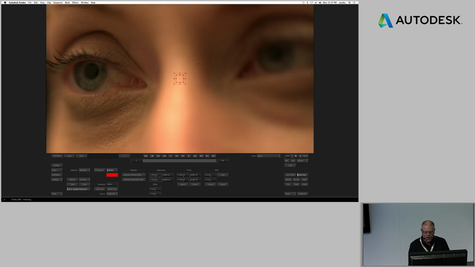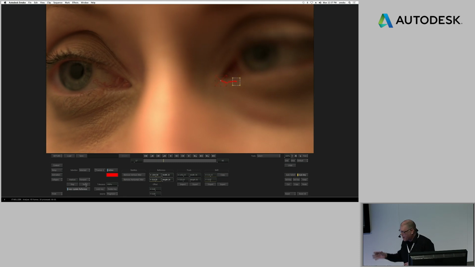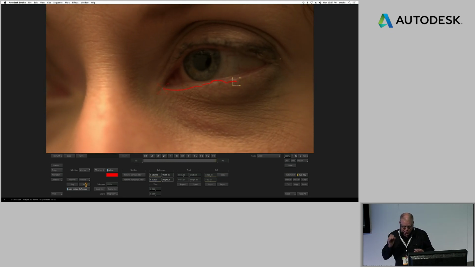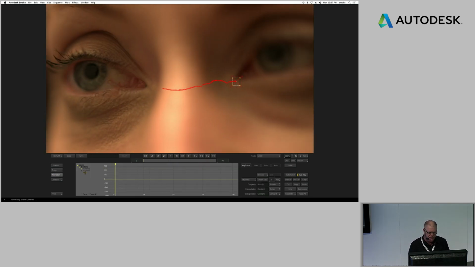So I'm going to step into the tracker, and looking at the footage, you would probably think there's no way a tracker is going to hold on to that, but I'm going to click the Analyze button, and actually Smoke does such a good job, it picks up errors where she blinks her eyes. It probably really wouldn't be a big deal, but I just want to show you how you can fine-tune that